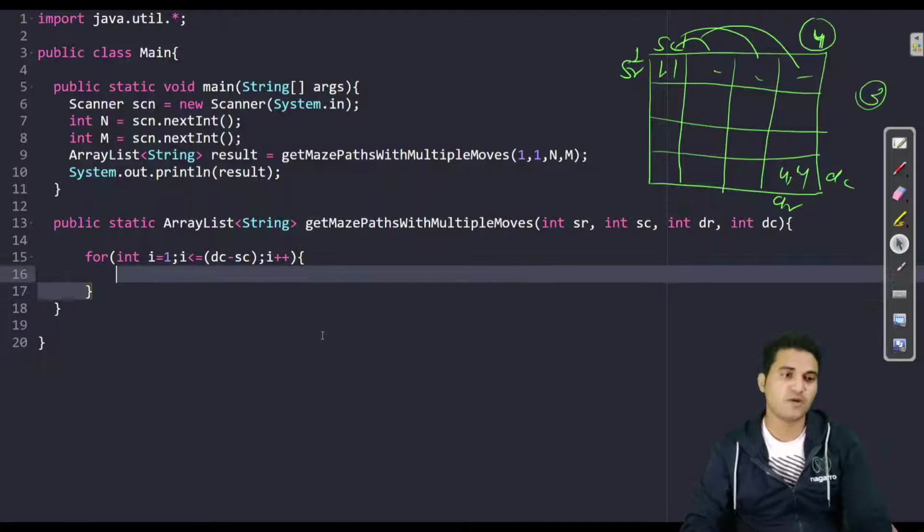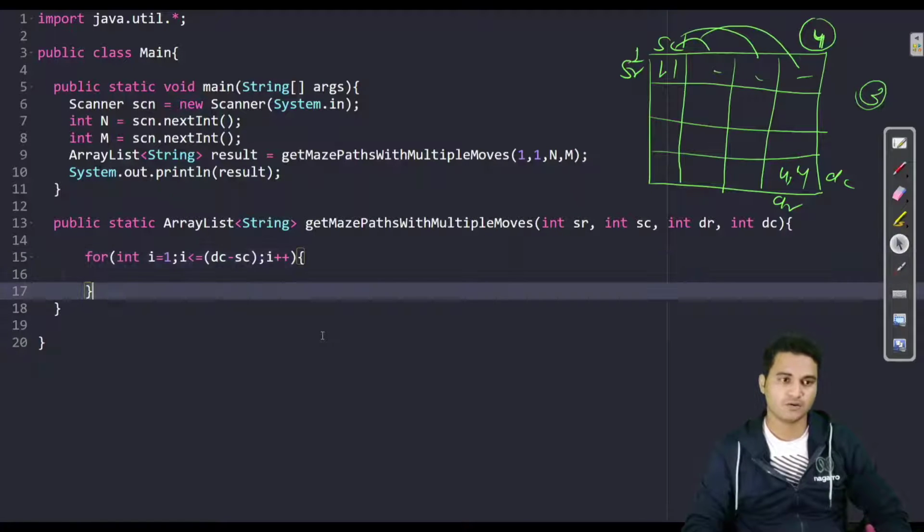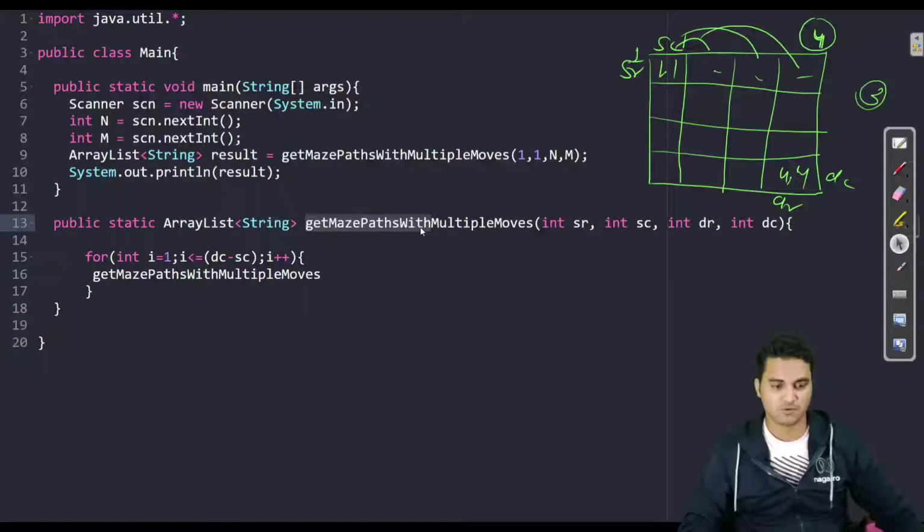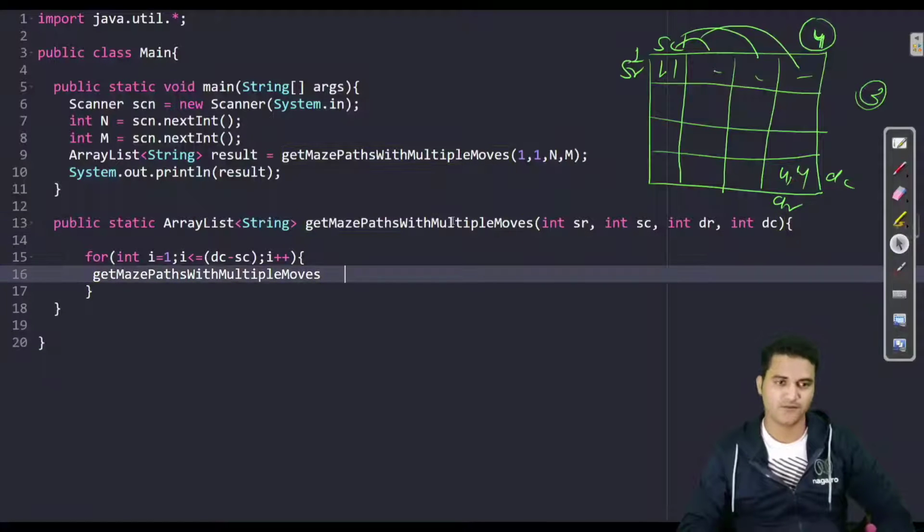So in this loop I will be making horizontal calls. How can I make a horizontal call? Let us see. Get maze paths with multiple moves. I can have a spelling mistake, so better to copy this function name. So let's look at this very carefully, how I'm going to make the horizontal call.